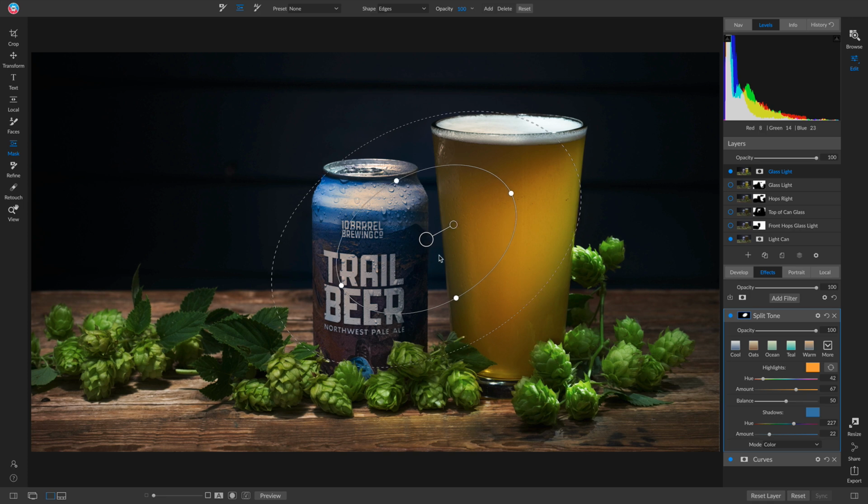So what I'm going to do is I'm going to kind of flatten this out and align it with this streak of light right here. Just like that. And I'm just going to put it kind of in between these two cans. I'm going to make this a little bit bigger. And then I'm going to pull this up to feather it. And now if I turn this off and on,